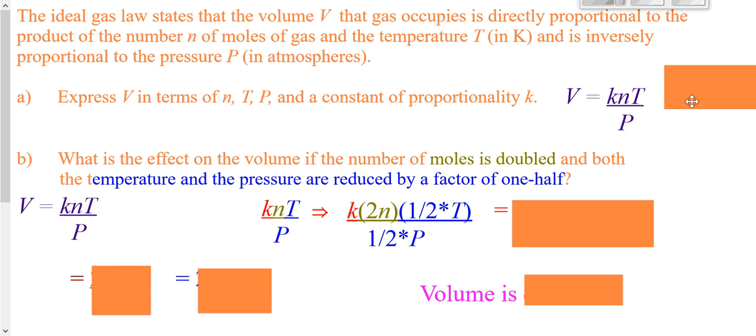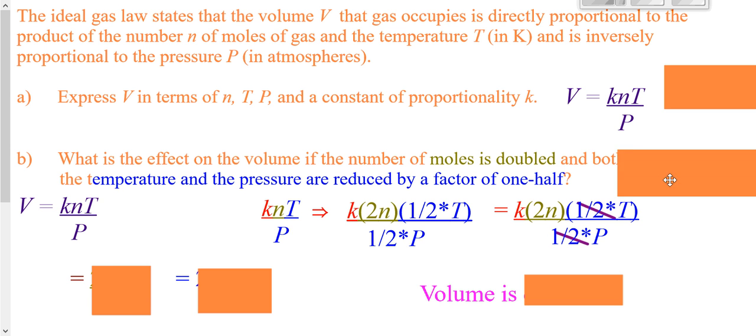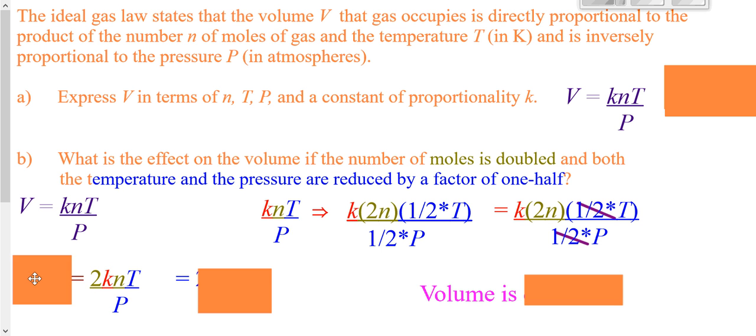So now I need to simplify this to see how it compares to what I started out with. Now, you could realize that you have 1/2 times the top, 1/2 times the bottom. They're going to cross out. So that leaves you then with this. You might be wondering, why is the 2 there? Well, it's really what we have up here